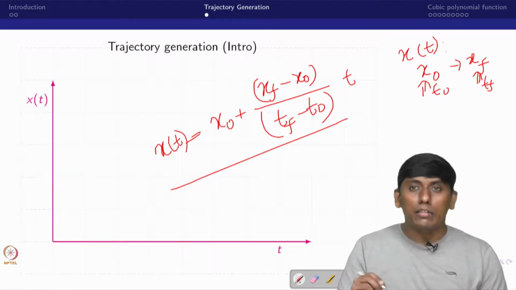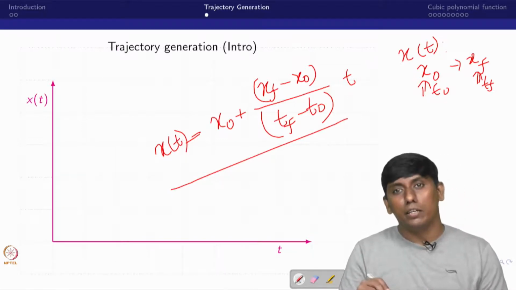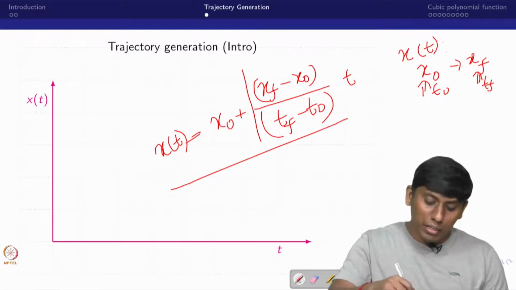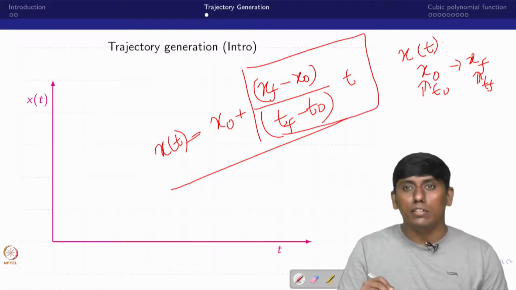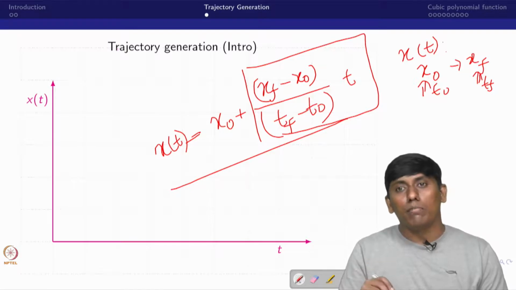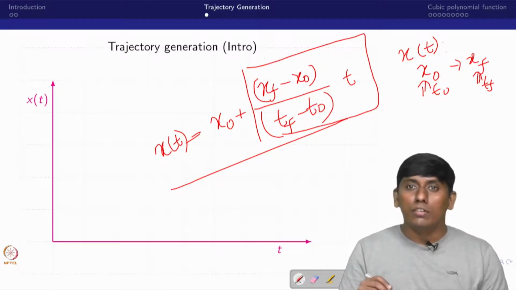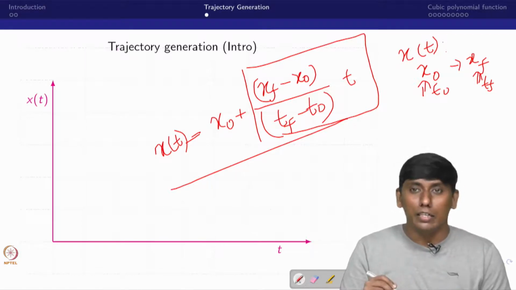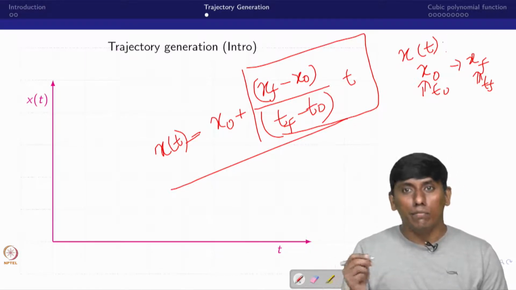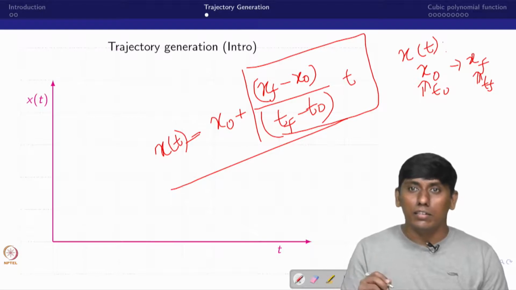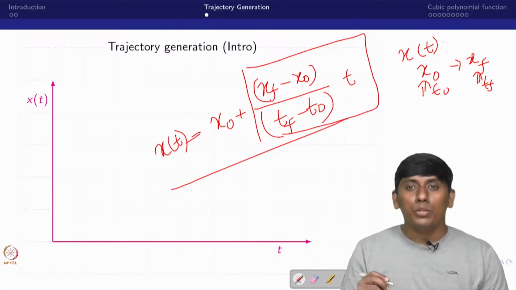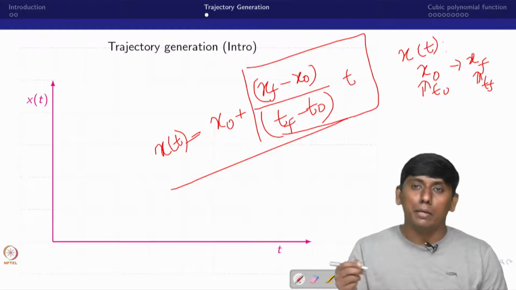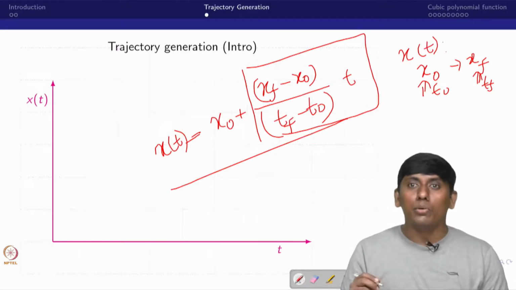Now in that case, what is it giving? It is giving a linear interpolation. But what is this linear interpolation giving? It is giving a constant velocity generation. If you think about constant velocity, what would be the acceleration? It would be infinite, in both acceleration and deceleration at the initial point, and at the end also infinite deceleration and acceleration, right?